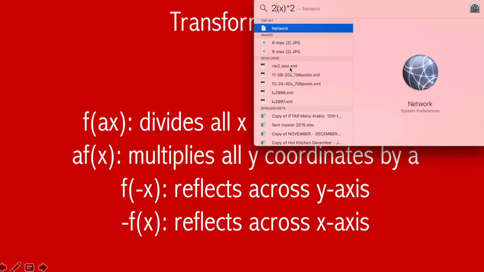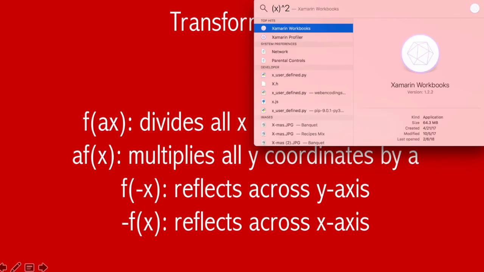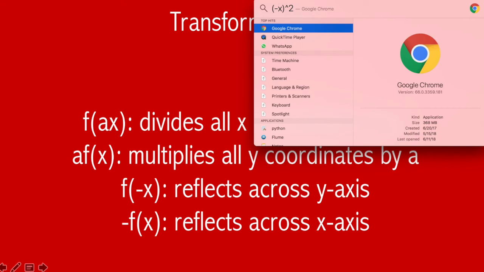Similarly, if this is the case, it would reflect across the y-axis, right? If this was the case, it would reflect across the x-axis, because note how this is the graph for minus of x squared, while this